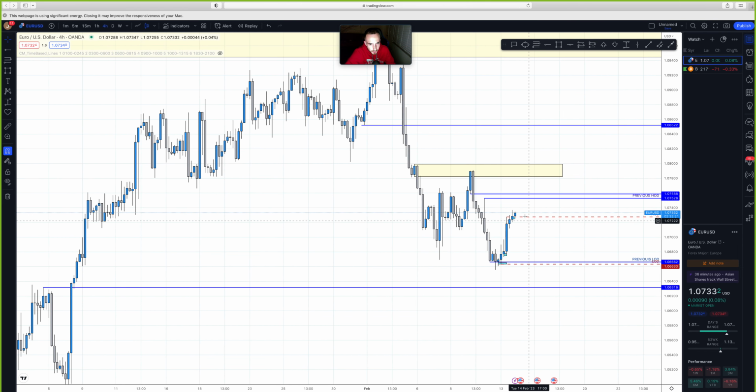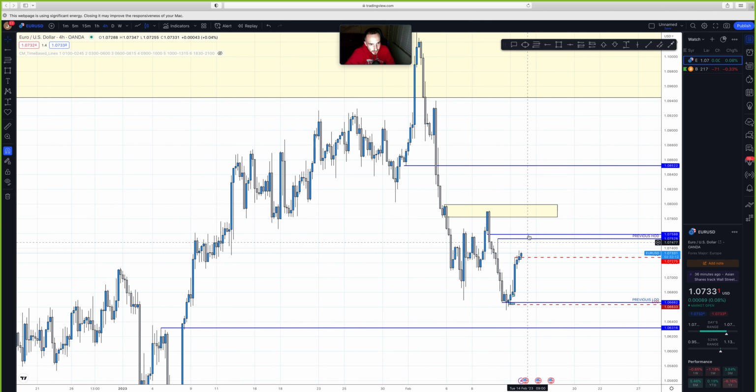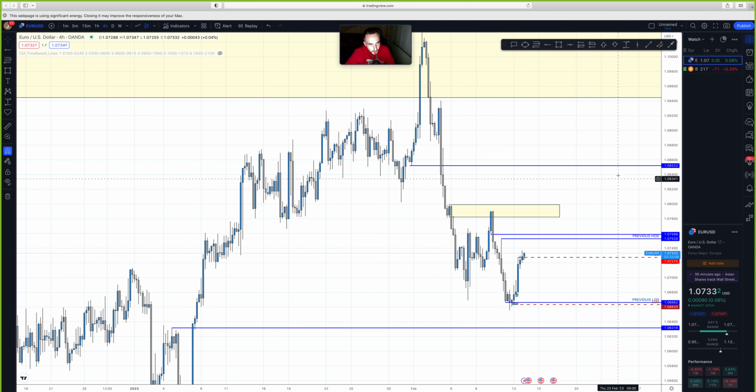Like this, it's very likely price is going to pull back to this area here, and then we might see London sell from this area tonight. So that's one very likely scenario. If price were to break past this area, because nothing is 100% sure, then just keep in mind that nothing is stopping price from going to this daily supply up here. But it's very likely we're going to see the sells come in from this area right here.